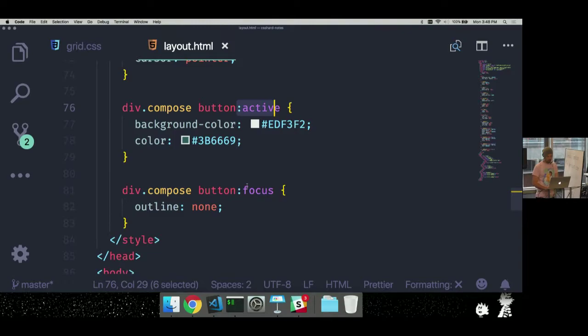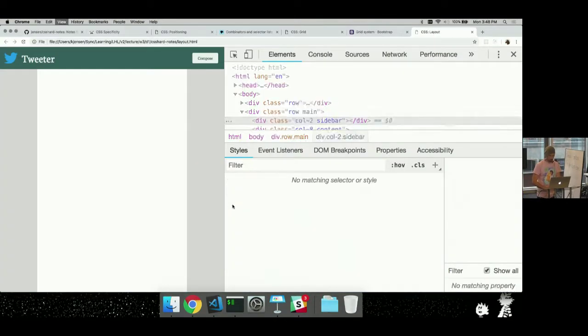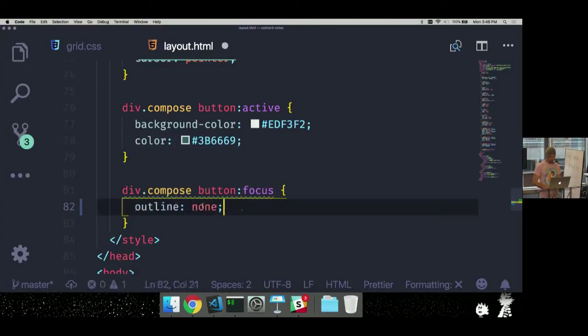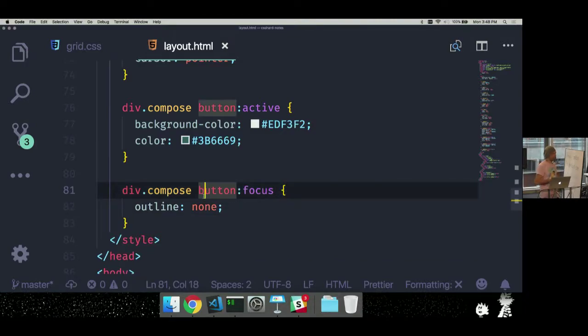And then I just say focus outline none, because if I don't do this, look at that little outline around it now, right? I don't like that in my design. So maybe I want to keep that out. So what I would do is change its focus behavior to have an outline of none. So might have to do that as well. And again, it's the user agent that's applying that outline for me. I didn't decide that should be there, but I might need to overwrite it if I don't want that behavior myself.